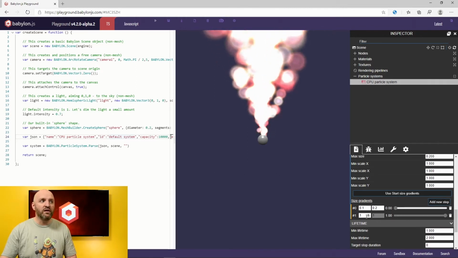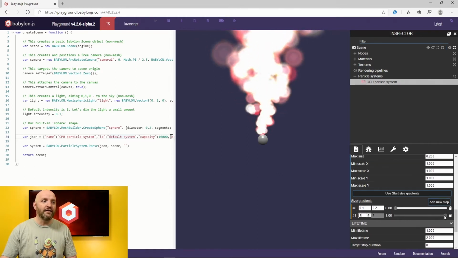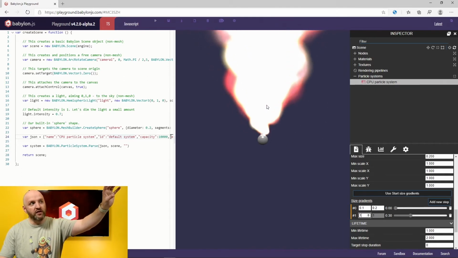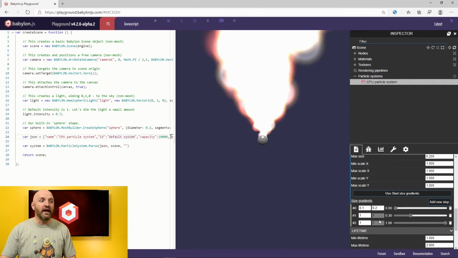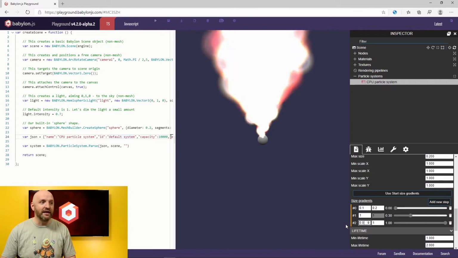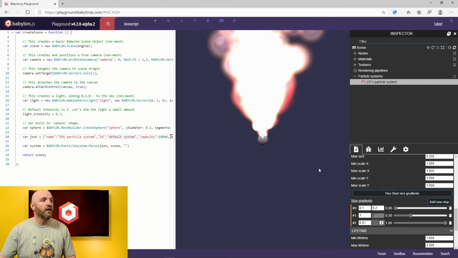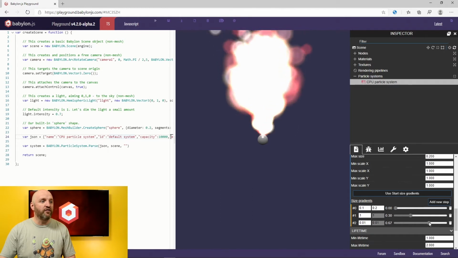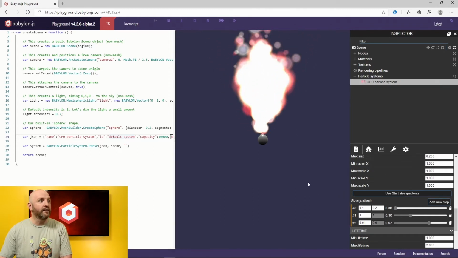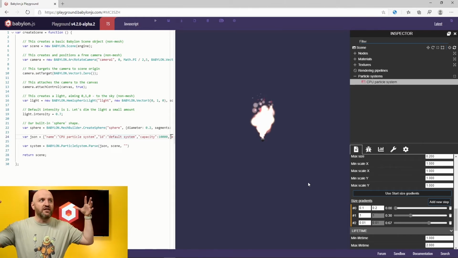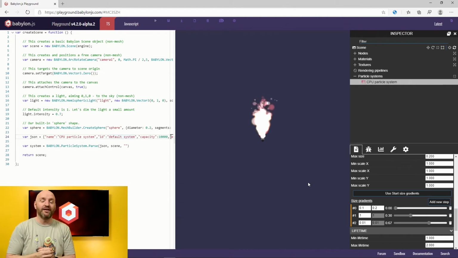I would like the particle to become gigantic at, let's say, 30% of the life of my particle. As you can see, they start small, they become gigantic. And what we can do is say, at the end, they should be tiny, tiny, tiny. Sorry, 0.01. And that should happen after 70% of the lifetime. Now we have a system where the particle starts relatively small, becomes gigantic, and then ends by popping out. That's cool, right? And you can do that for almost all the properties in the Babylon mechanism.